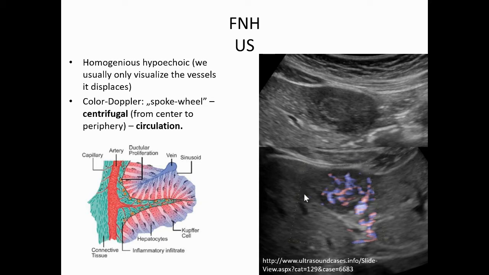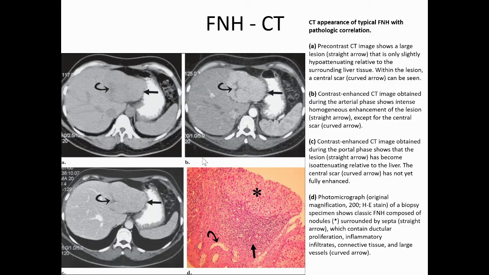because here the blood goes from center to periphery, and if you were to give contrast, you could probably see that, but it's very, very difficult to see that. You need a very, very good machine to be able to diagnose that. So we usually just see a hypoechoic lesion, and we will suggest that this might be, amongst other things, an FNH, and then the patient will go on to CT, and then at CT we will see a